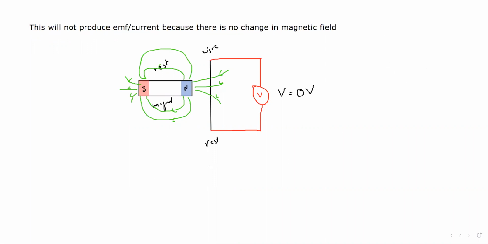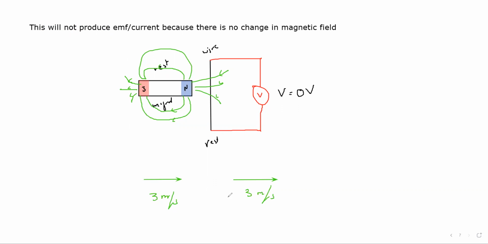If we are moving both the wire and the magnet with the same speed, for example, the wire is moving with 3 meters per second and the magnet is also moving with 3 meters per second, what will be the reading on the voltmeter? Will it produce any induced EMF? Is there any induced EMF, yes or no? So there is no induced EMF, or there is no voltage produced.